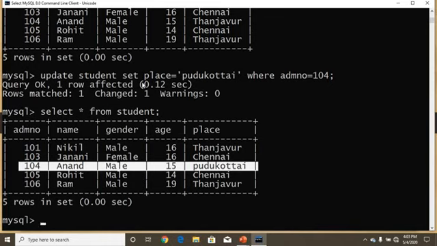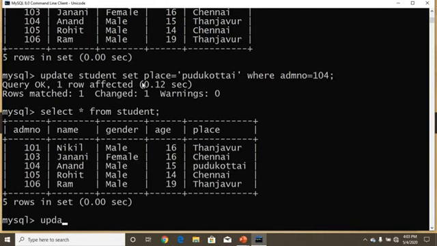Okay. Now I am going to update Rohit's age to 17. Set a query: update, table name student, set. I am going to set the age, so set age equal to 17. For whom? Now I want to check the condition where name equal to Rohit.